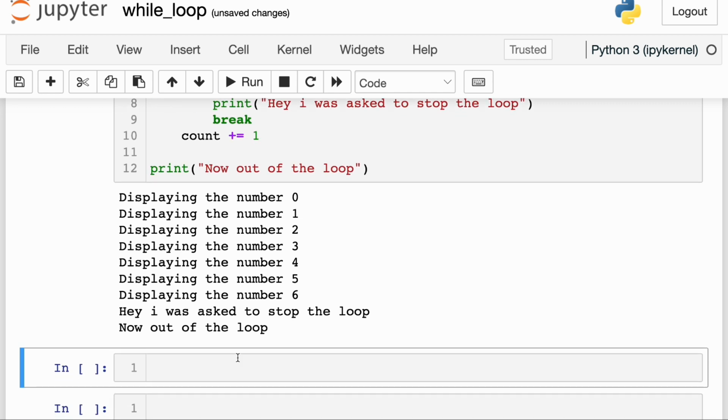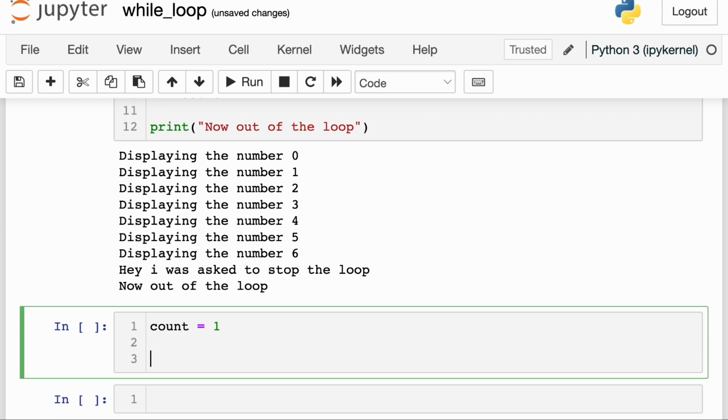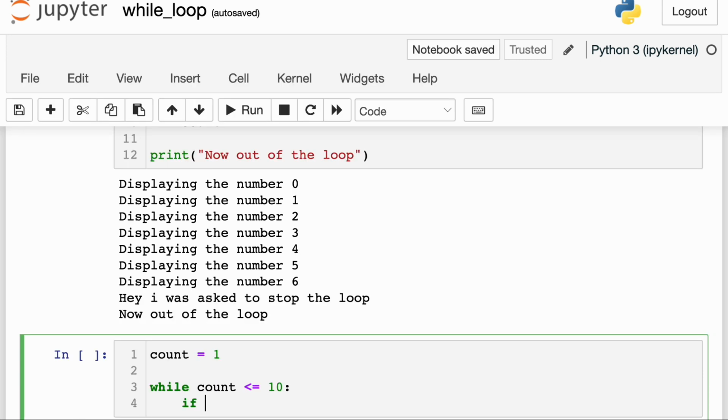Now let's look at the continue statement. The continue statement is actually used to skip the current iteration and continue with the next iteration. Now let's also take an example of how to use the continue statement. So I'll have a variable called count, and in this program we're just going to be using count a lot. So I'll set my count variable to 1, and I'll use my while keyword and say whilst my count is less than or equal to 10,